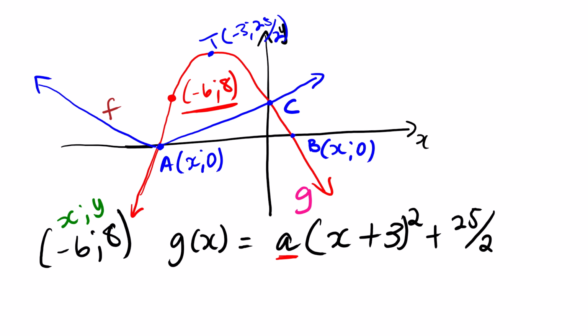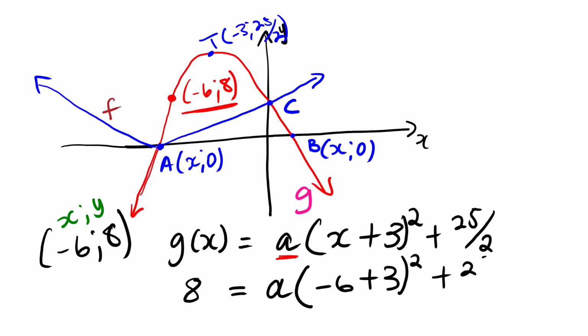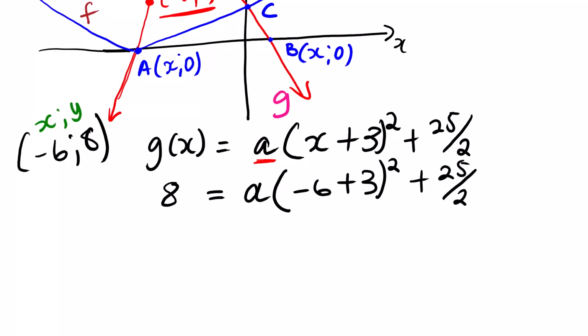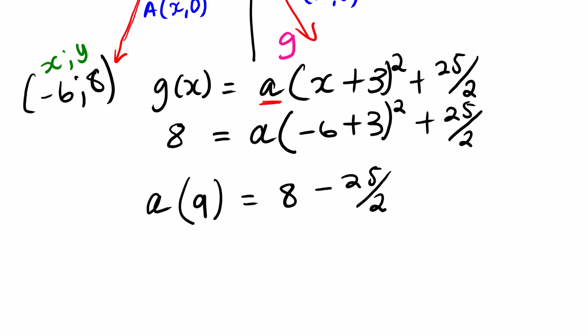And we know that f(x) or g(x) is the same as y, which is our output. So g(x) we substitute by 8. Then we have 8 = a(-6 + 3)² + 25/2. From there we can simply solve for a. We have -6 + 3, it's -3. -3 squared is 9. So we have 9 multiplied by a. Then we have 8 minus 25 divided by 2, and then we have 9a equals